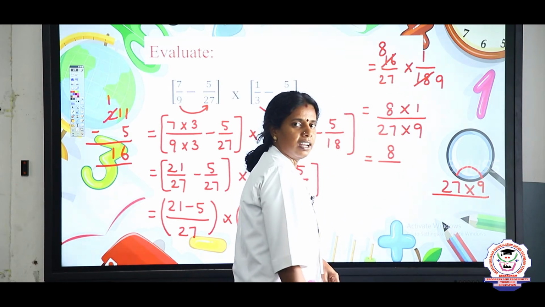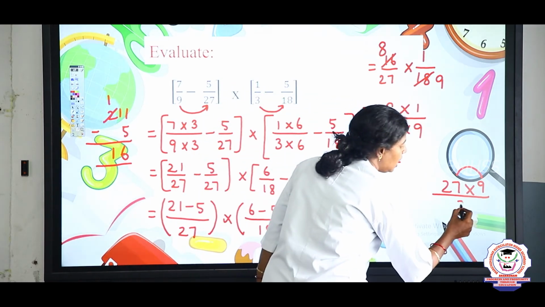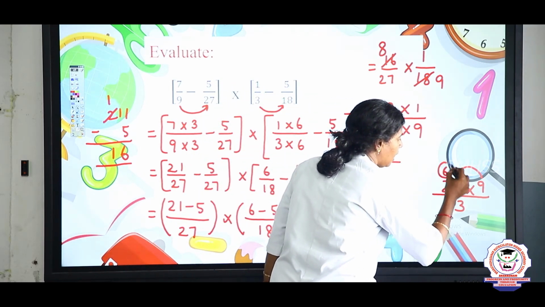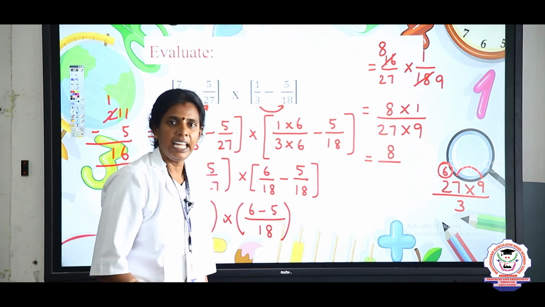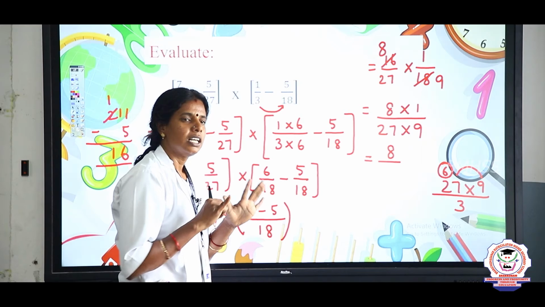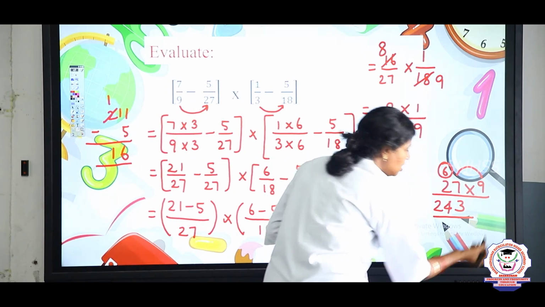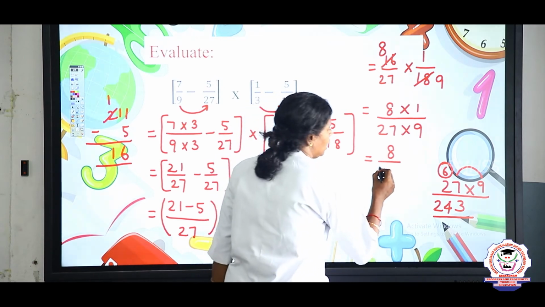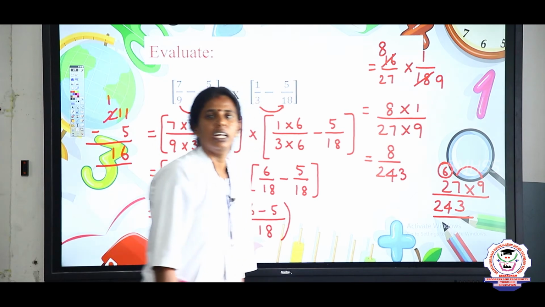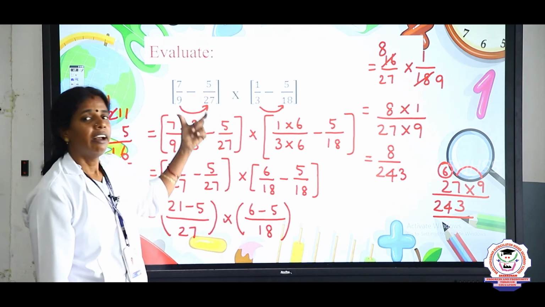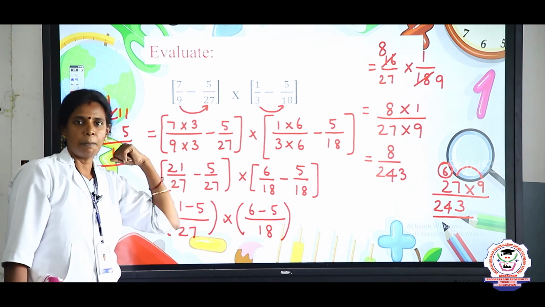9 sevens are 63. Very good. 3 and 6 is the remainder. Then 9 twos are 18. 18 plus 6. 18 plus 6 is 24. So, the answer is 243. So, the denominator is 243. Is it clear how to solve when the fractions are given with both subtraction as well as multiplication,